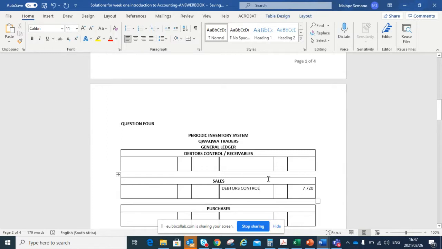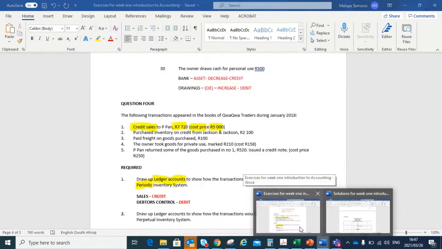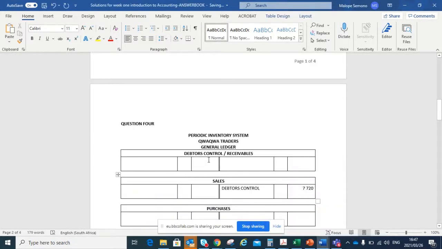It means sales will be the contra for debtors. So if you go and check debtors, we said debtors will be under which side? On the debit side. So on the debit side, we're going to go and record the same amount, 7720, but here we write what? Sales. Can you see now? We call this contra account. So don't worry about the folios. Folios will come thereafter, when you do some other topics. But for now, I just want you to know how to record.